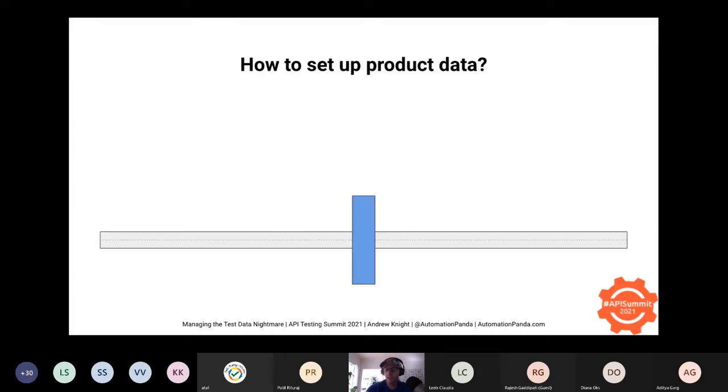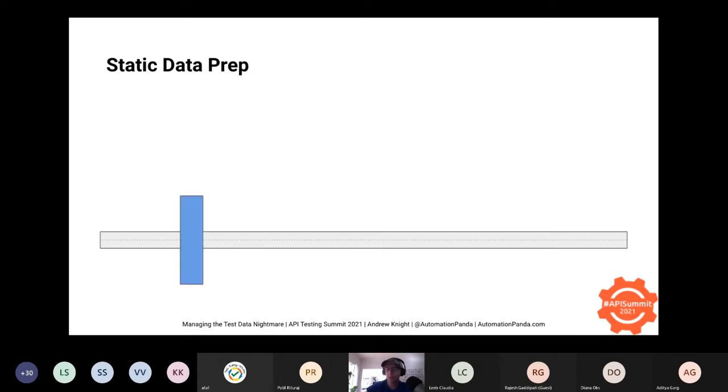Data must be present in the product as a prerequisite for most testing. There are two primary ways to get that data into the system. On one hand, you can set up the data before running tests. This would be quote-unquote static data creation. For example, the loan web app could be set up with a set of pre-registered users and a collection of loan types. Test cases, whether they're manual or automated, can presume that the static data is already in the system